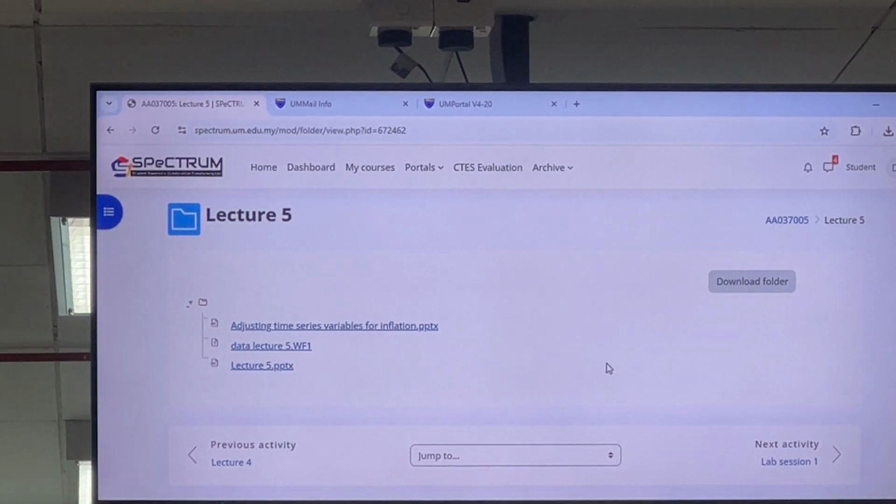Alright, so lecture 5. This is one of the problems that we can have when we construct an econometric model. There are a number of possible problems, including multi-collinearity, autocorrelation, as well as heteroscedasticity. So in order to use the ordinary least squares estimation approach, we need to make sure that the model we estimate satisfies all the assumptions, including